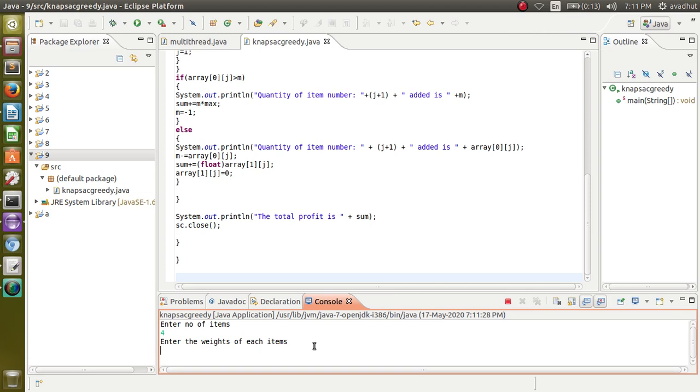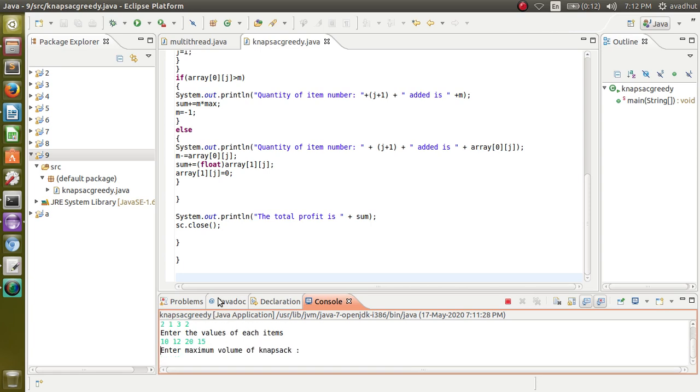What are the weights? I will add 2, 1, 3, 2. This is the weight of 4 items. Then enter the values. I am entering the values as 10, 12, 20 and 15.